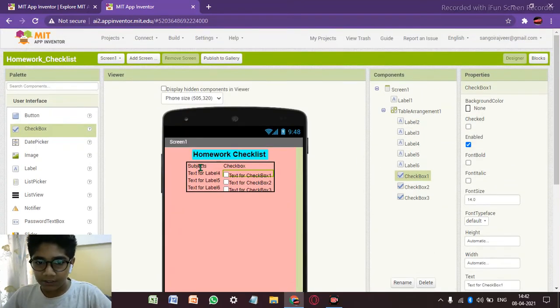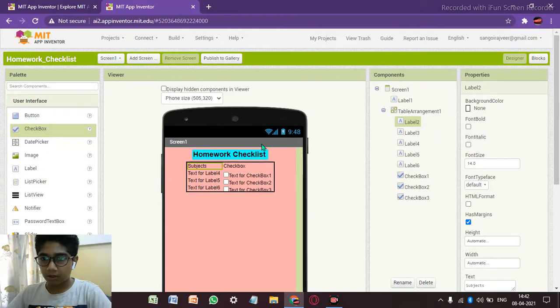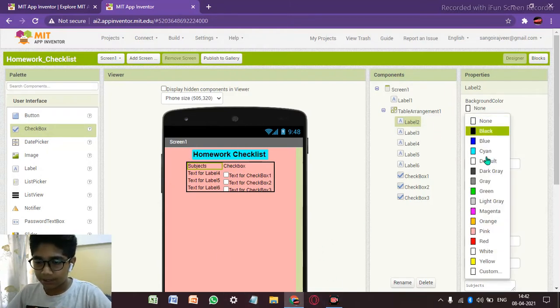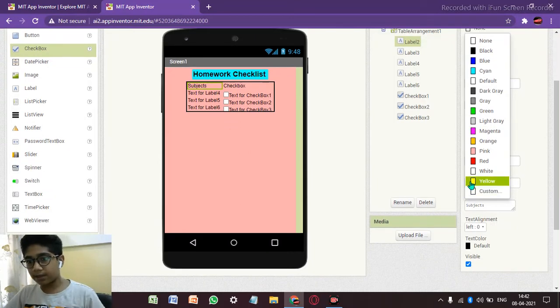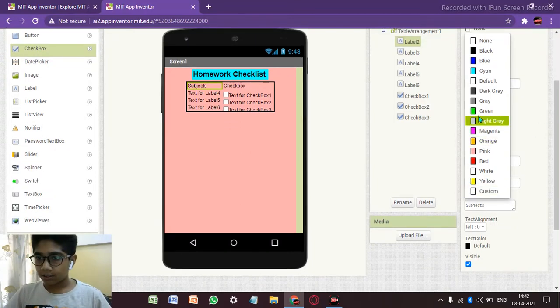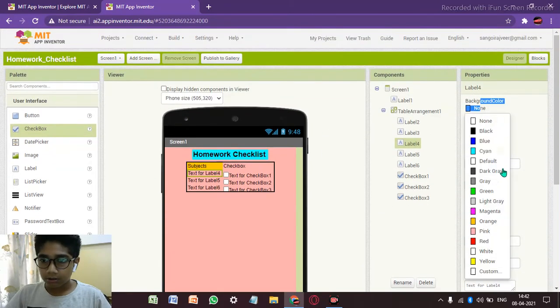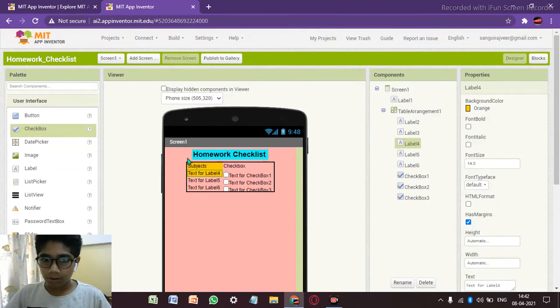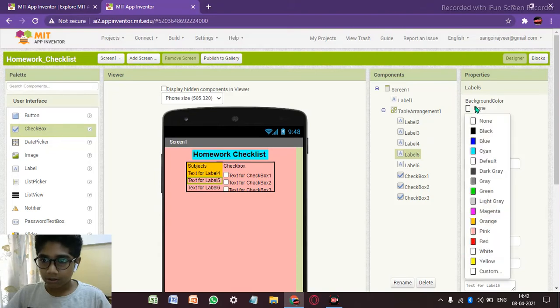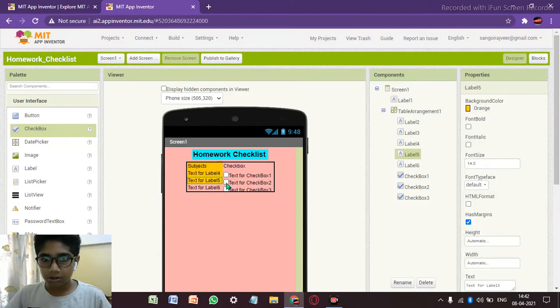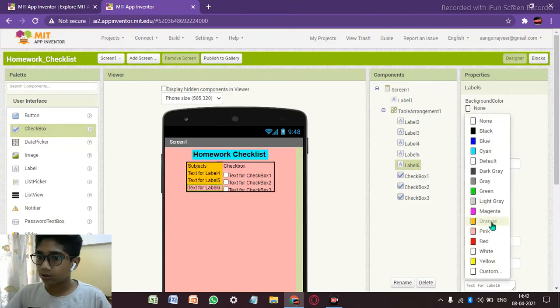First we will change all the properties of the subjects. So let's make that. We are keeping this side as orange in color. Orange. Last one also orange.